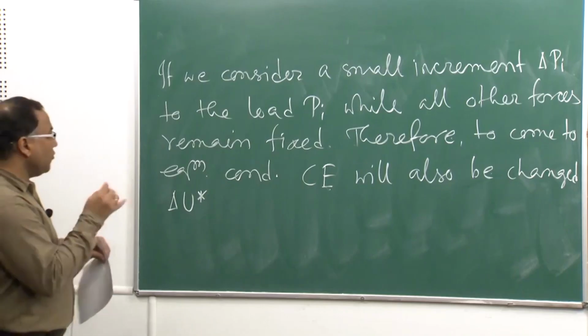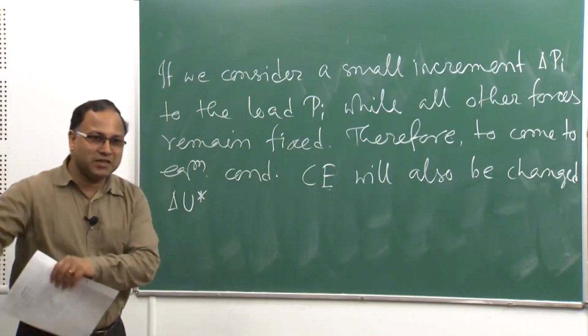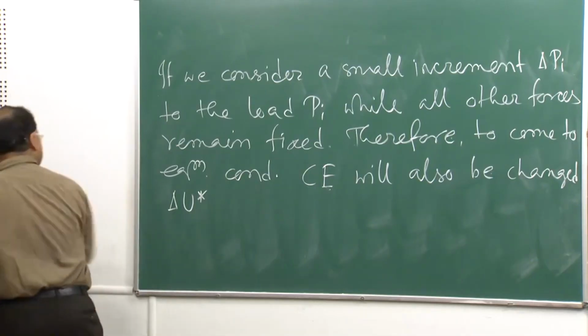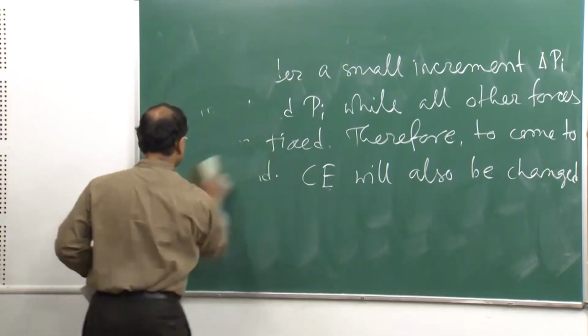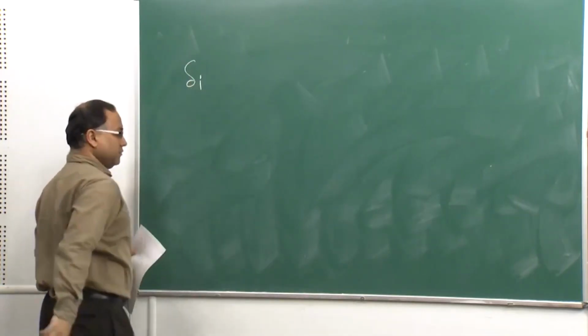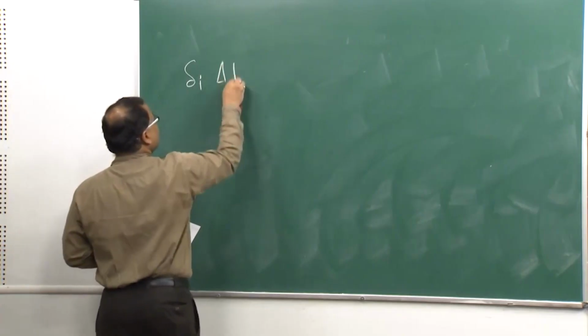So, your complementary energy will also have some increment, say delta U star. Now, what can we write? We can write delta i delta Pi,